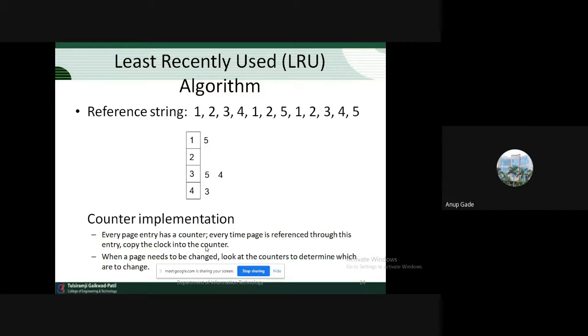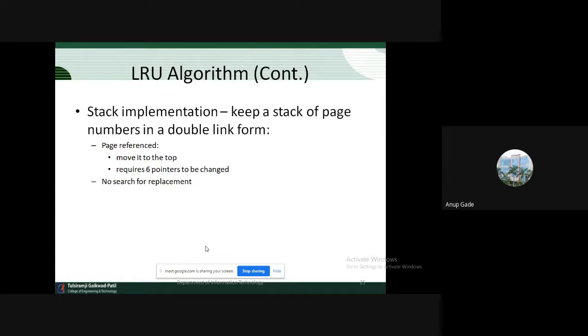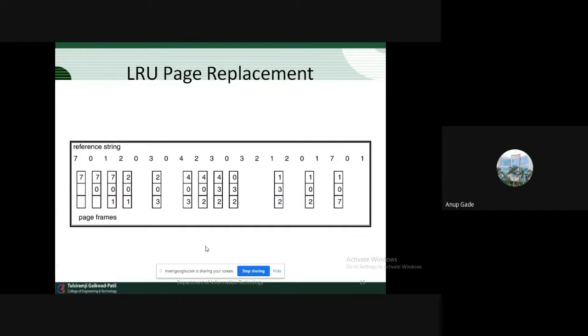Okay. Then the next algorithm is least recently used. जो पेज least recently used है, we are going to replace that particular page. Means the page which we will replace is the page which was not used for the longer period of time. मतलब हम ऐसे पेज को रिप्लेस करने वाले हैं जो बहुत समय से यूज नहीं हो रहा है या सबसे पहले यूज हुआ था, least recently used. Okay, just take a reference, just take an overlook.